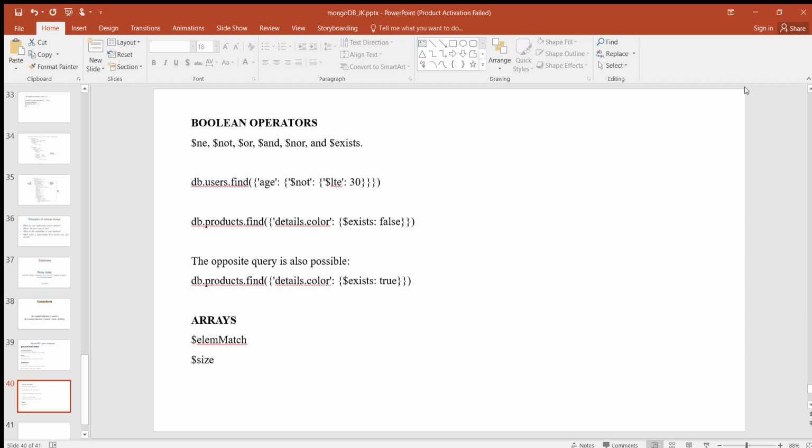The query is db.user.find age $not $lte 30. You would expect this query to return documents where age is greater than 30.